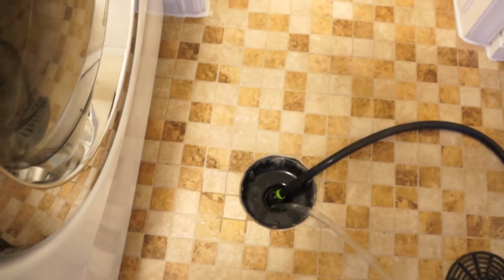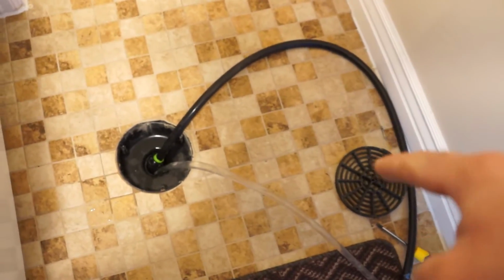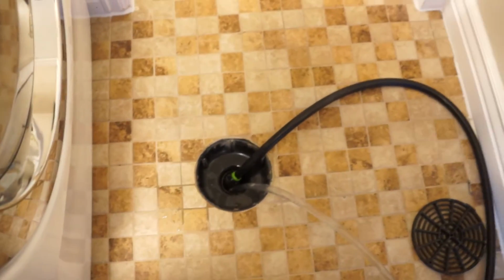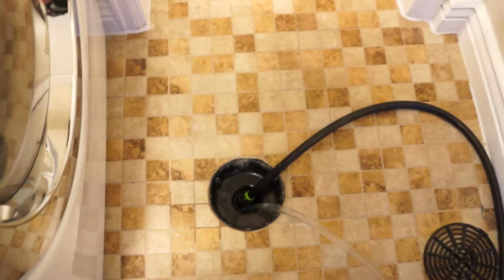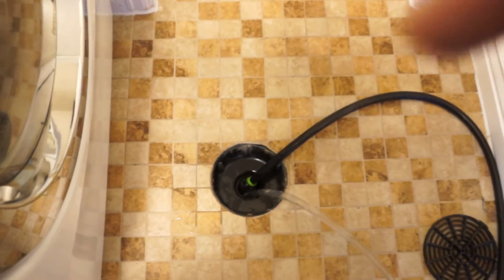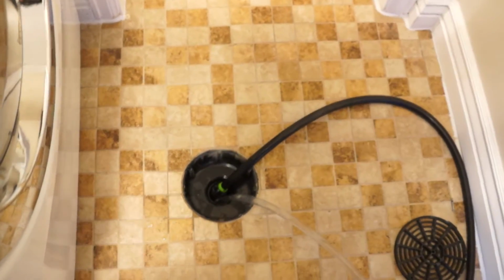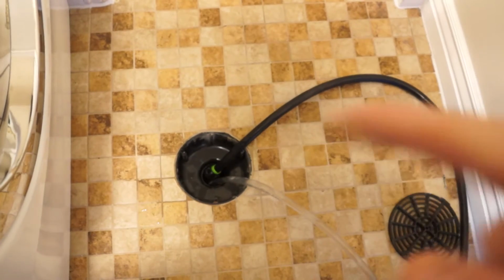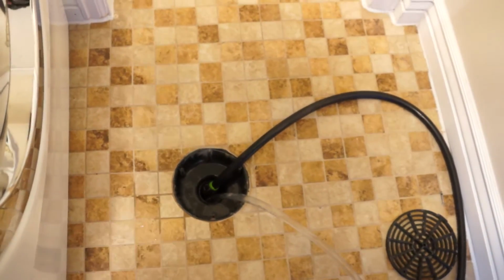So anyway, I run the pipes down the floor drain. Super easy to do. This actually has just a Phillips screw that holds the grate in. I take the grate off. You can leave the grate on if you want. If you can't take yours off, whatever. But this just creates less of a mess because the water will go straight down the drain instead of getting all over the floor, which actually I made a mess on one of my video takes earlier and got water all over the place. But anyway,